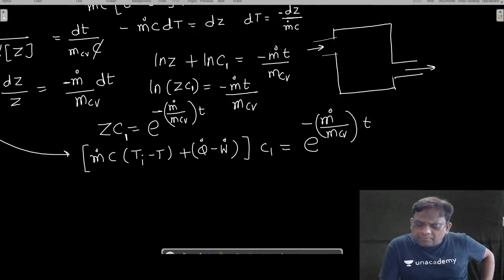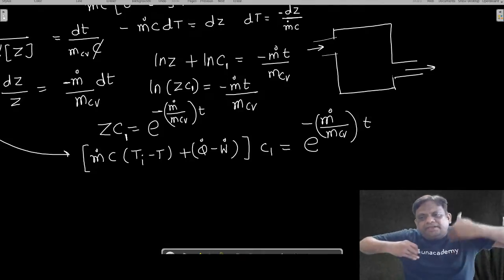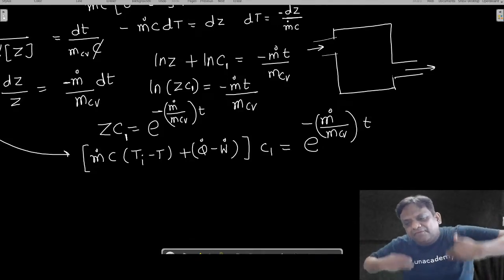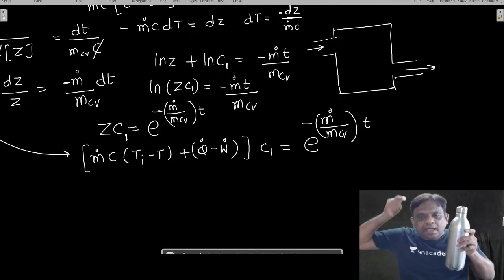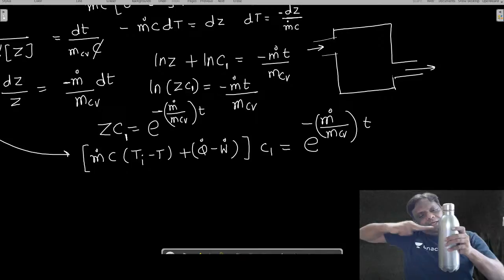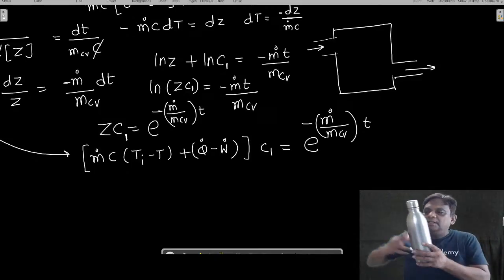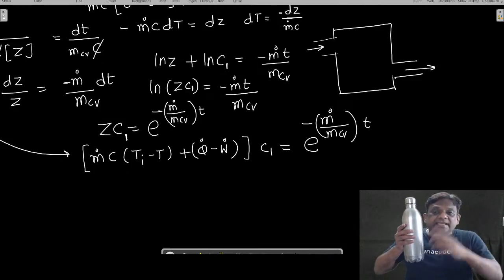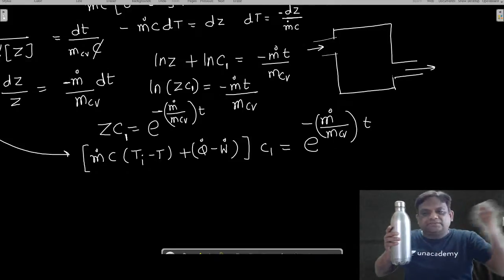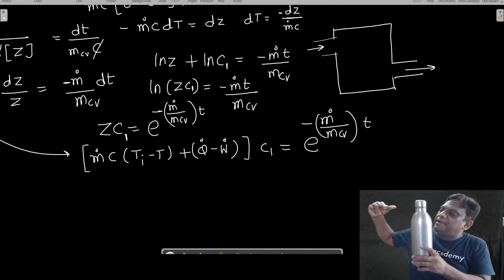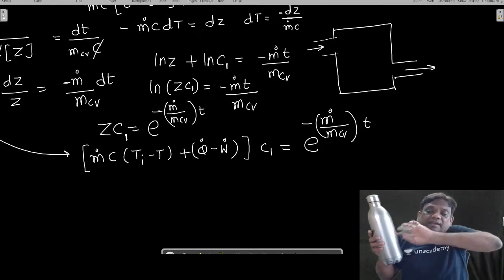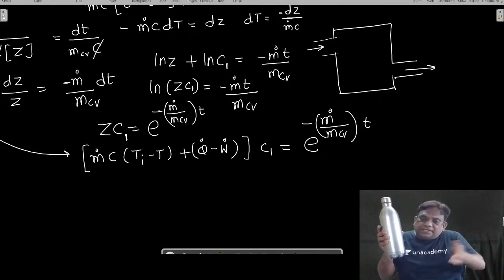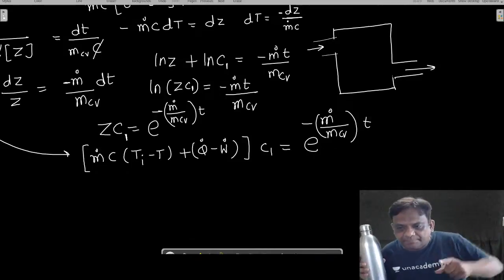Initially there is no heat transfer, no work transfer per unit time. We are starting. So initially, at time t is equal to 0, the fluid is entering and the fluid is leaving. Initially there is no effect of heat transfer or work transfer. So if it is entering at 45, it is leaving at 40. After heat and work interaction, with time it is changing.